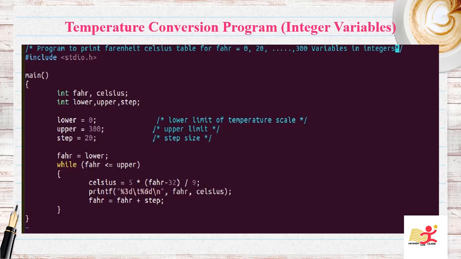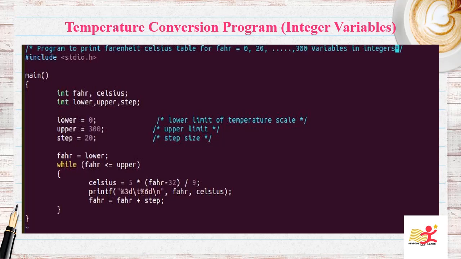And I think you remember the table which we have to generate. Each line of that table, or each row of the table, is computed in the same way. So it's done using a while loop. While fahr less than or equal to upper, braces, then you'll have statements inside the braces. The while loop operates like this: the condition in parenthesis is tested first. If it is true, fahr is less than or equal to upper, the body of the loop, the three statements enclosed in braces, is executed.